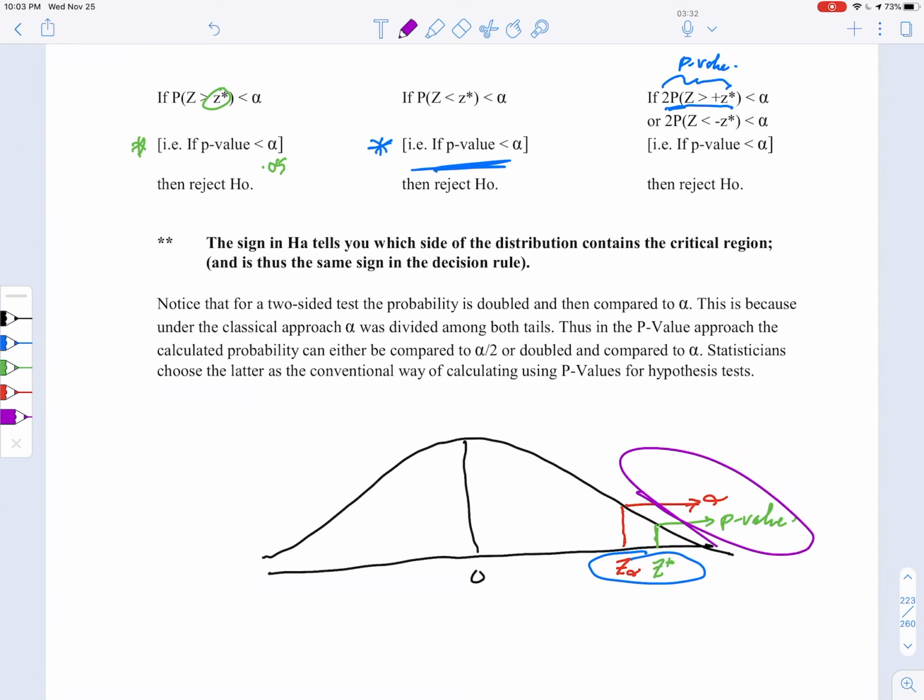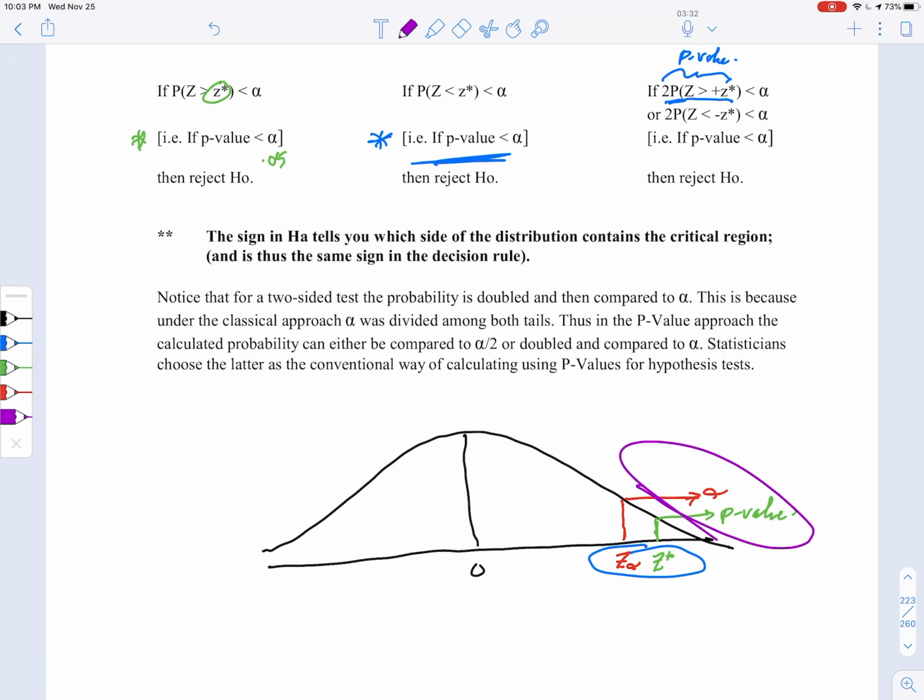So each Z value is associated with an area. The critical Z in the red is associated with alpha. The computed Z in the green is related to the p-value. In the classical approach, you compare the Z values, or T values, and in the p-value approach, you compare the equivalent